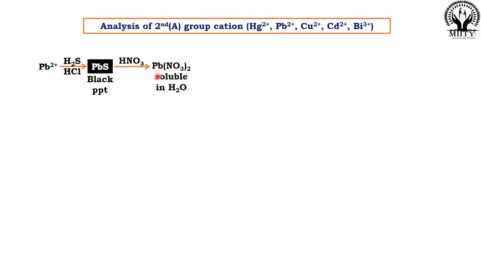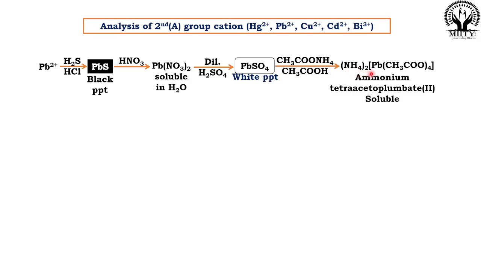And to this lead nitrate solution, we add dilute H2SO4. So Pb2+ and SO4 2- combine and form white PPT of lead sulfate. And this lead sulfate is soluble in ammonium acetate in the presence of acetic acid because of formation of a complex,